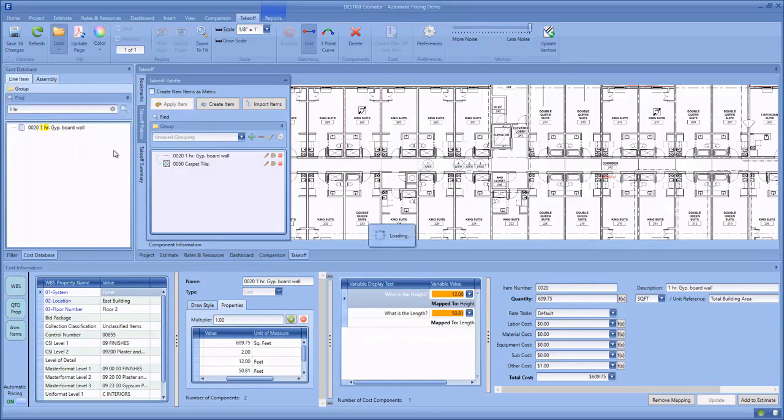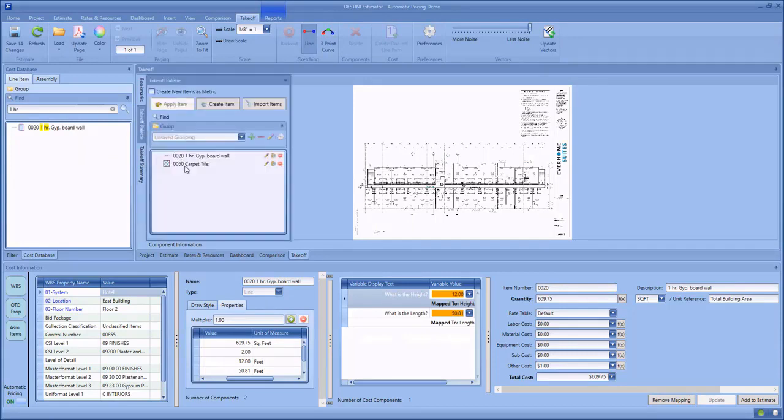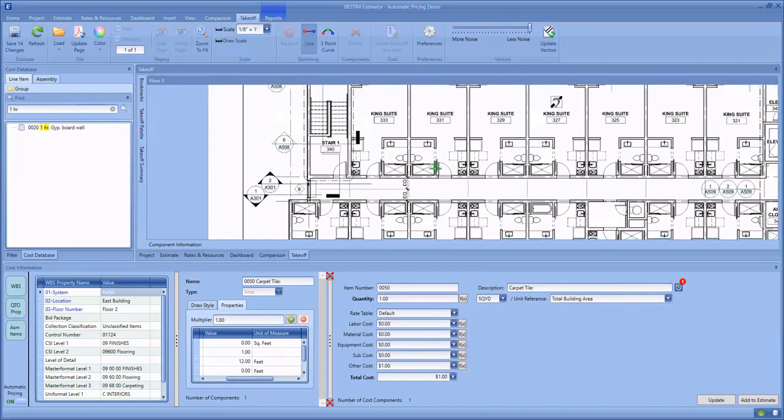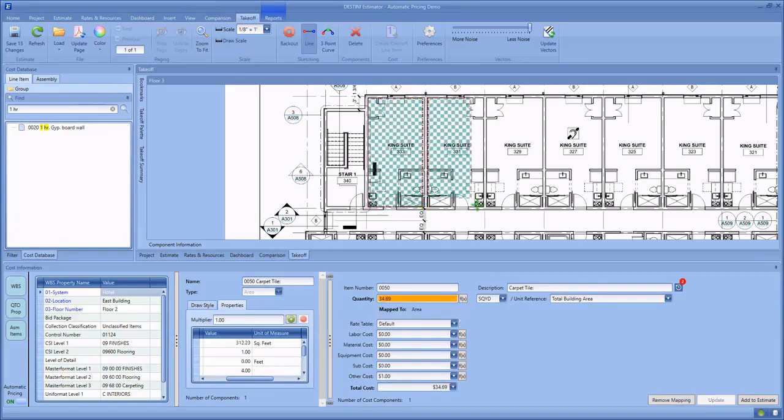Now, one thing I'd like to show as well, let's say I go over and we're going to work on our third floor now. And let's jump into my takeoff palette. I'm going to click on the carpet tile, let's say, and I'm going to start sketching. Here I've sketched a couple of different rooms for carpet tile. It started to build the area, so I've got 103 square yards of carpet tile,